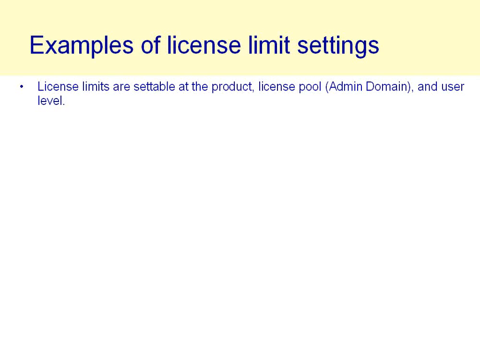So first thing to note is that the license limits can be set at the level of the product, at the level of a license pool, and our term for that is actually an admin domain, or the level of an individual user's license. For example, if you have a redistributed license server and you're enabling a product in that license server that's installed on your customer's premises, you would set limits at the level of that product. You'd say you've got 10 licenses and feature A is on and it's a 1-year license and whatever it is, and that would apply to all the licenses for that product.